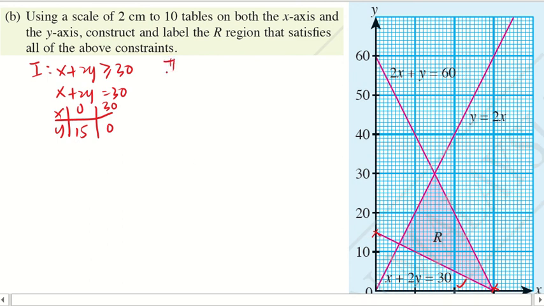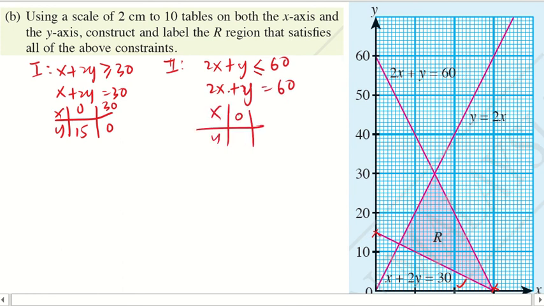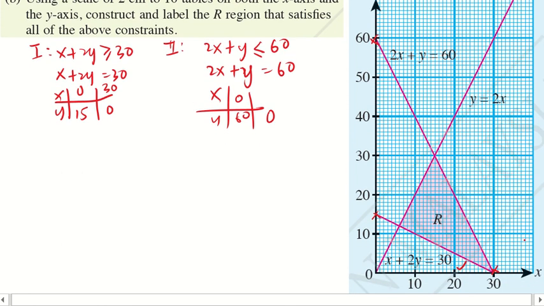Then the second one is 2x plus y less or equal to 60. So we have to draw the line equal to 60. Again, when x is 0, y is 60. Another one, when y is 0, x is 30. So you draw another line, this line. Then the third one,